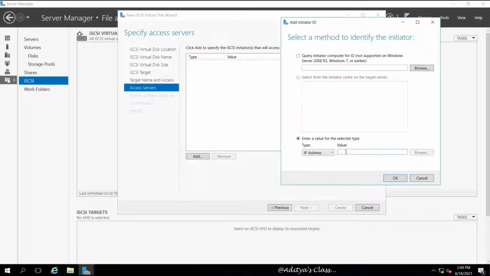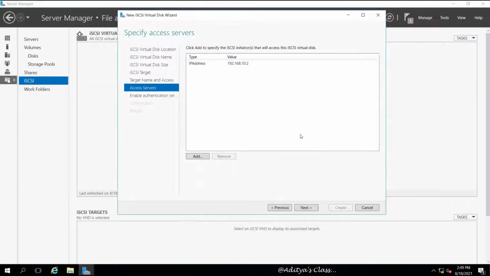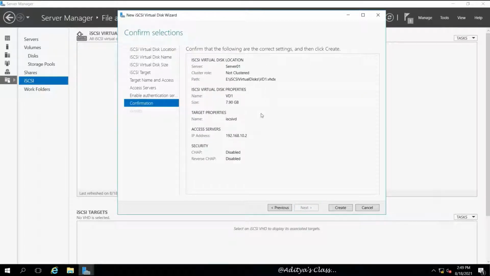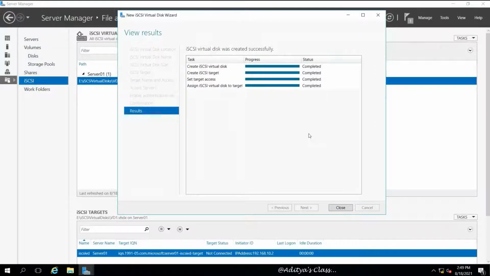Let's select the initiators using IP address as one of the identifying method. We can also use MAC address, iSCSI qualified name, or also DNS name. For now, I chose IP address. Now, right now we are in a virtual network and it is not connected to any public network. Hence, I'm not using any authentication protocol. So let's click create and you can see it's ready.